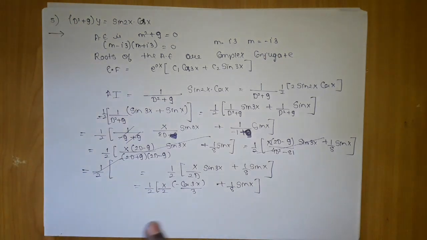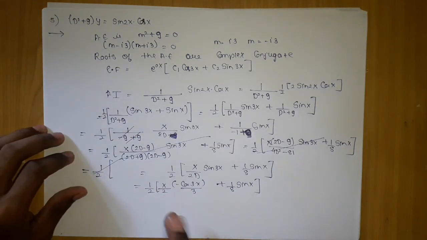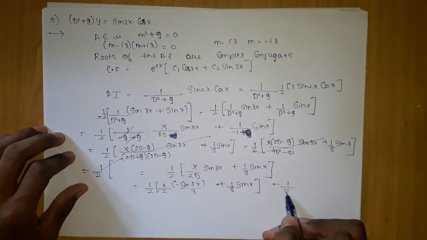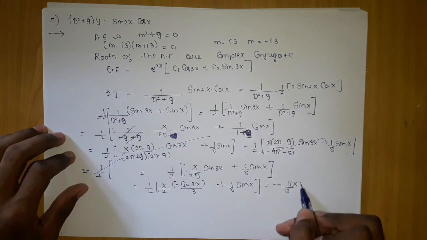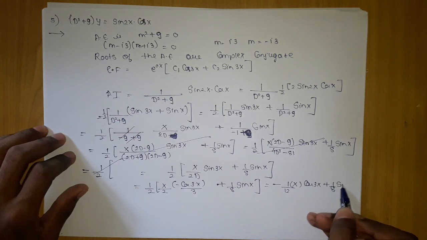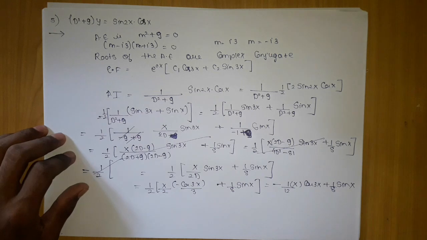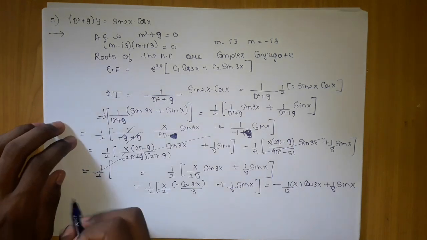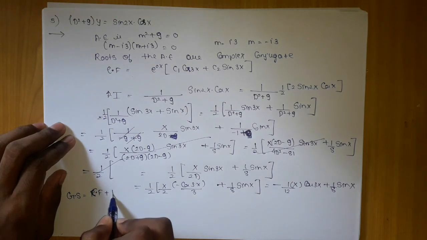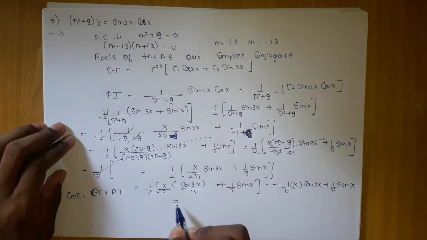Finally we are going to get, this 4 will multiply with 3, minus 12. So minus 1 by 12 into x into cos 3x plus 1 by 8 sin x is our required particular integral. Now the general solution is a combination of complementary function plus particular integral, and if we try to write them,